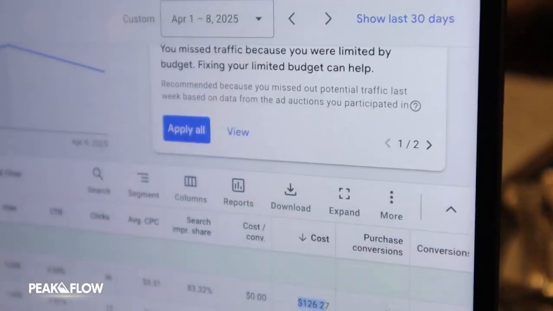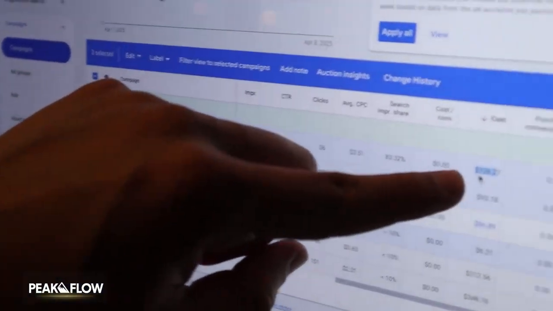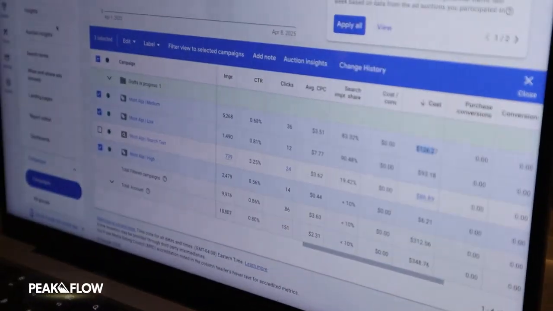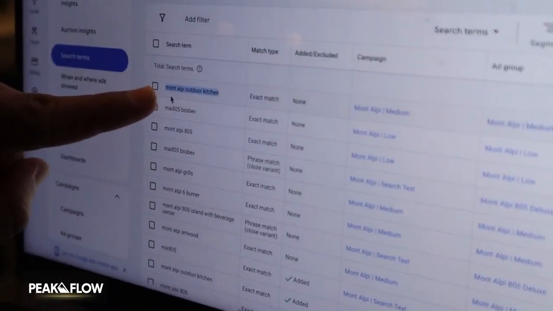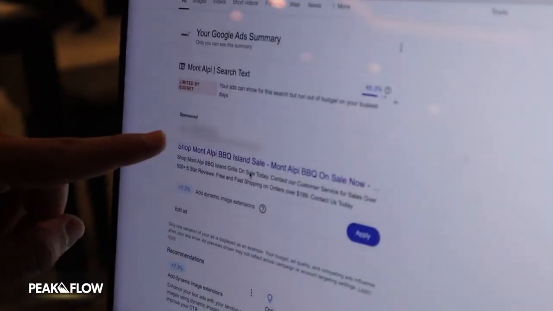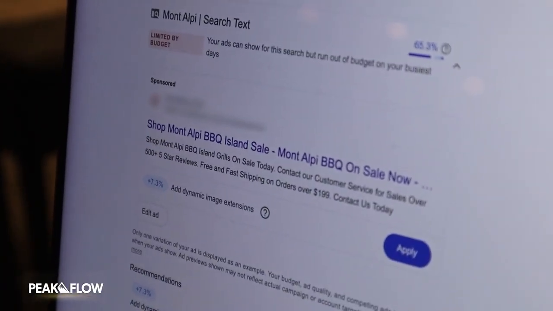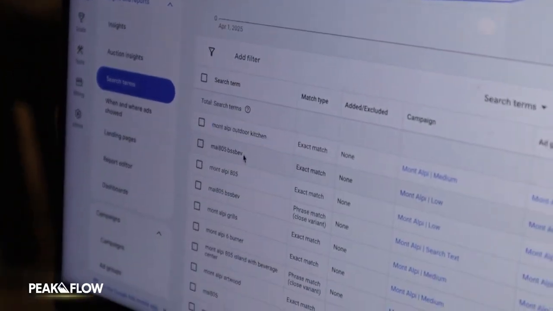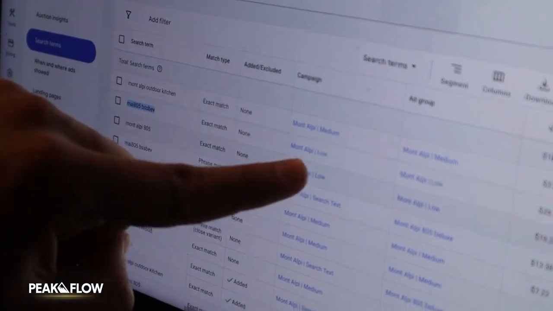So when I go into my ad account, I'm looking at my low, my medium, and my high. I'm looking at how much money I spent, and more importantly, I'm looking at the search terms. I'm going to search terms over here. You can see these search words that I appear for. If someone searches for Mont Alpi outdoor kitchen, and I show up with a Mont Alpi outdoor kitchen, well then now I have the highest chance of success. If someone searches for a product and you show up with the product, you're going to get the sale. If someone searches for a MAI 805, this exact SKU, that's what makes it a low campaign,